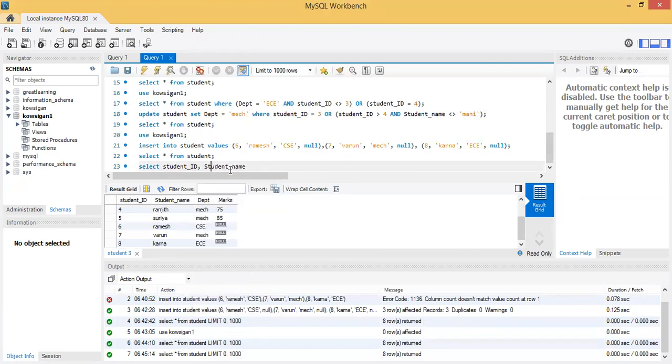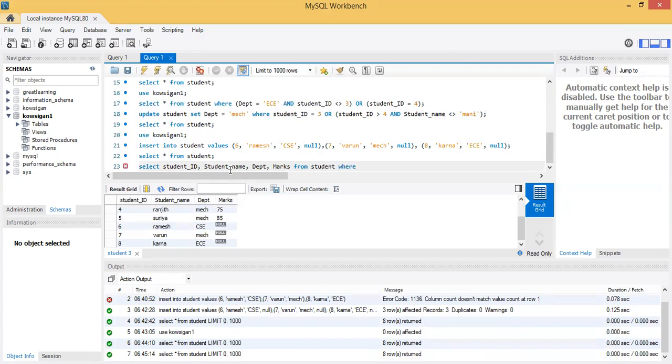Mention it properly, otherwise it won't work, because the field names are case sensitive. Then I need the department, then marks. These are the required fields, so we have to mention the required fields. Then from the table name, that is student,